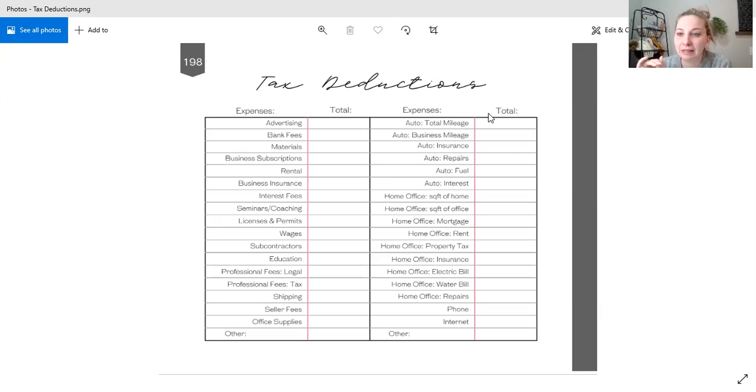Your profit and loss has a lot of these same categories on it. Ideally this sheet is designed for the end of the month or the end of the year. However, you could do it every quarter, which would be really helpful as well. So what belongs here and what goes in each category? I'm going to provide another worksheet along with this training, just to help break it down a little bit more.